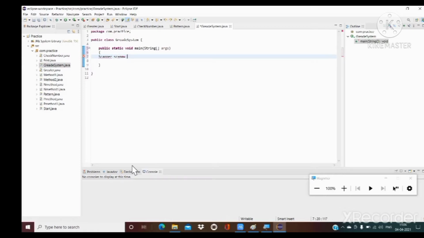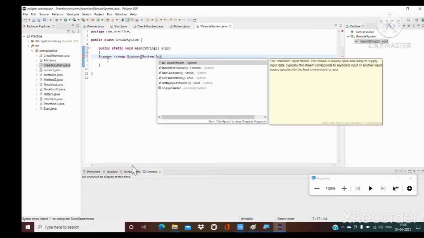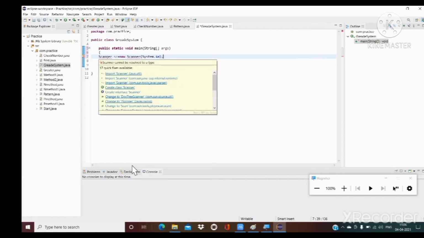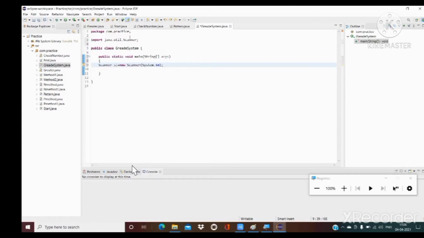We can create an object with the help of the new keyword. Here we have not imported the Scanner package, so I directly import Scanner, and you can see the error is resolved.